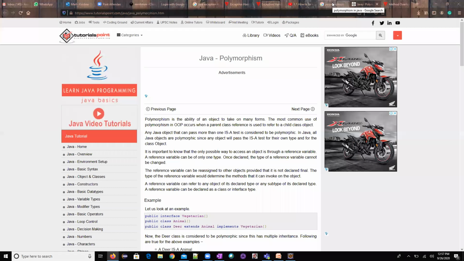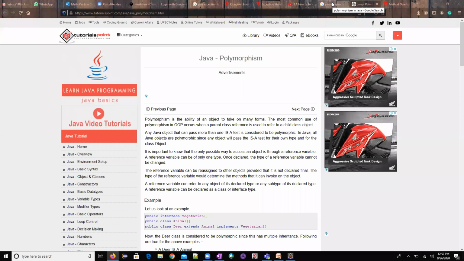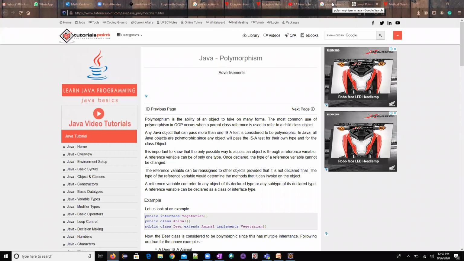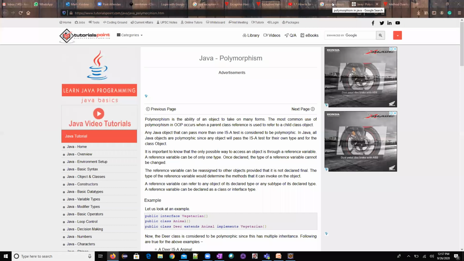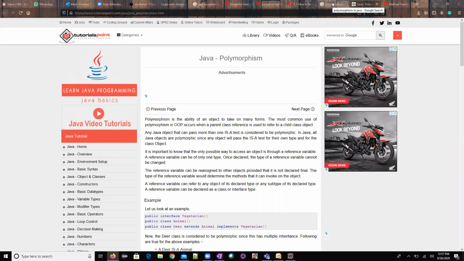You know what overriding is now? If you're doing overriding, then it is runtime polymorphism. Compile time polymorphism is method overloading.